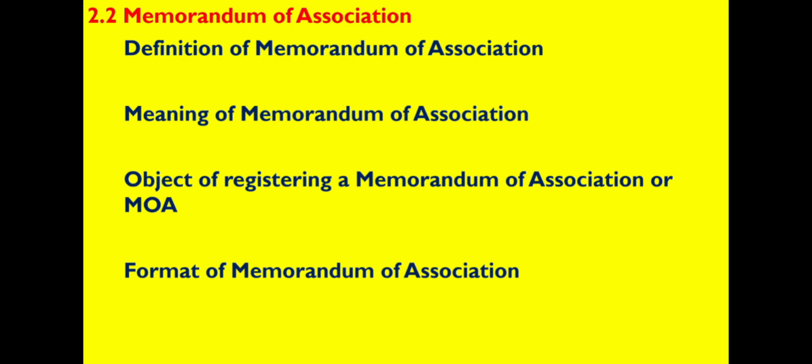Definition of MOA. Section 2, Clause 56 of the Companies Act 2013 defines Memorandum of Association. It states that a memorandum means two things. First, Memorandum of Association as originally framed. Originally framed refers to the memorandum as it was during the incorporation of the company. Second, memorandum as altered from time to time. This means that all the alterations that are made in the memorandum from time to time will also be a part of MOA. The section also states that the alterations must be made in pursuance of any previous company law